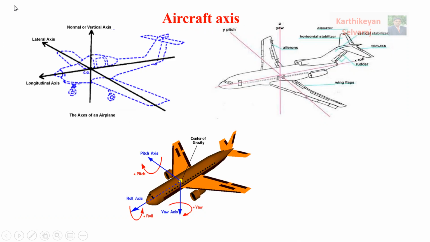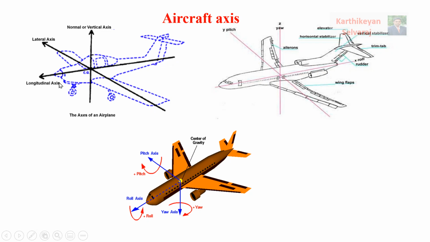And this picture will be explaining about your three axes. So first you have to understand how the axes are passing through the aircraft. This is the first axis, longitudinal axis. The longitudinal axis is actually passing from the nose of the fuselage to the tail of the fuselage. You can see from the tail to nose it is coming in this direction. So if the axis is going this way, this axis is